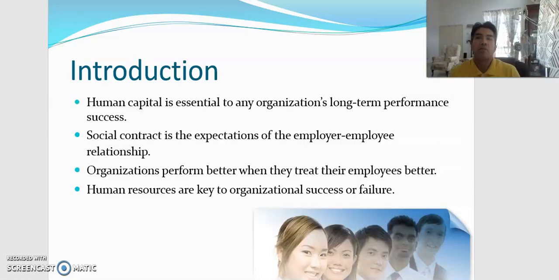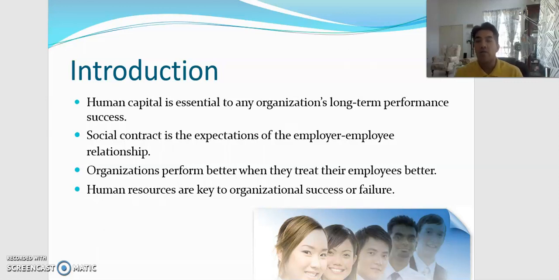Why is this chapter important? Because an organization is made up of people, and these people come from different backgrounds, they have different educational qualifications, and they have different positions, and the organization is dependent upon the performance of its employees. If the organization is not doing well, part of the issue might come from the leader, but at the same time, the reason could be the employees who are working for that particular organization.